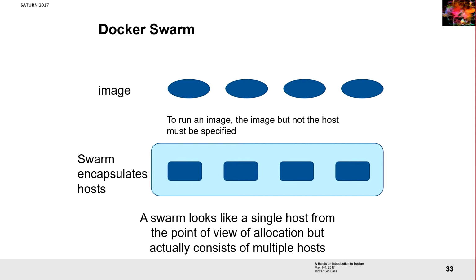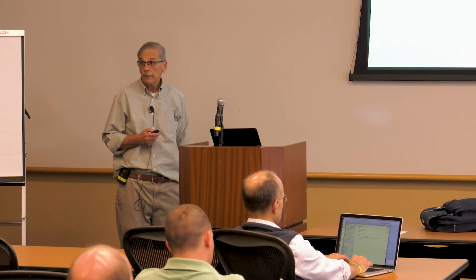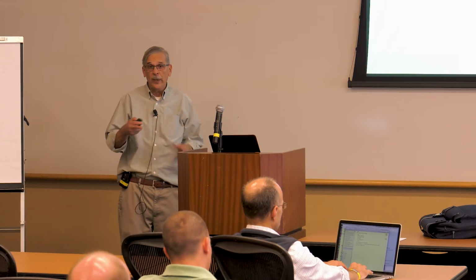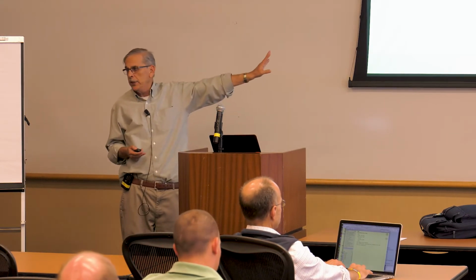So you run an image, and the request will be sent to one of the machines. And you run another image, and the request will be sent to a different machine. It typically does a round robin, although you probably have some control over that. That's a way of manually scaling. You have to know how many hosts you have,